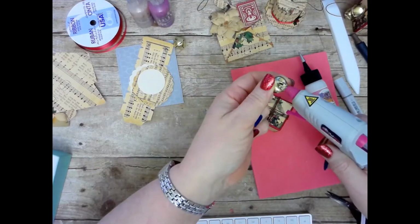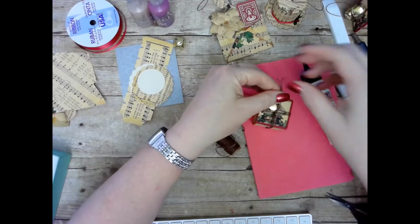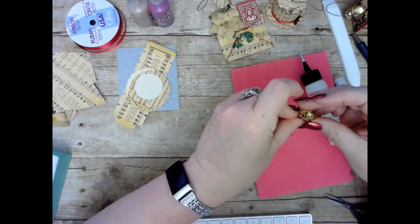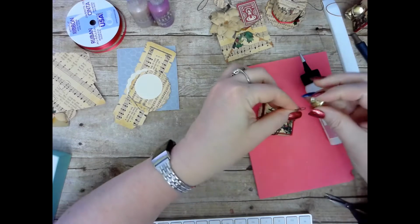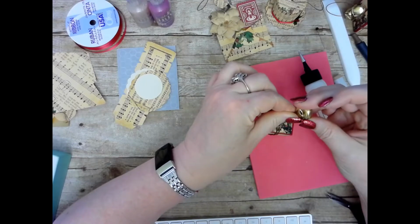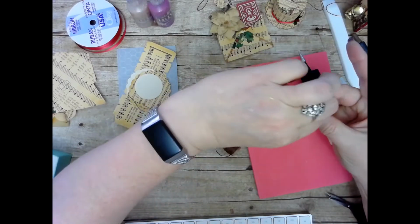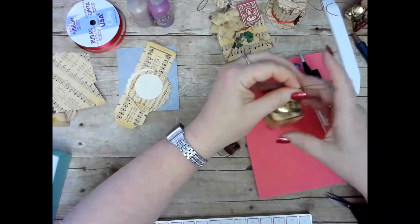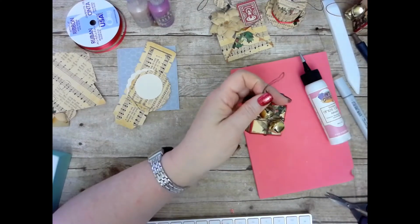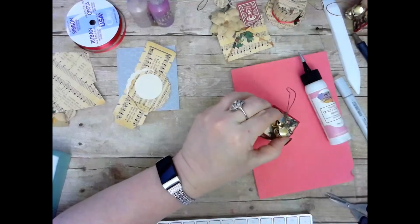And then of course my bells, I'm just going to put a little dab of hot glue on there, and we're going to stick it there. I'm going to bring this up so that it gets sandwiched in. I'm just going to run it through this bell. If I can pinch it enough. Always on camera. There we go. All right. And then as I hold that, I'm going to place a little hot glue right in there. And then we're going to squish those two bells together and hold them for a second,